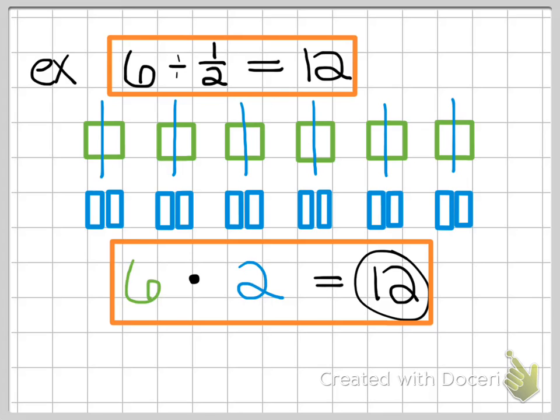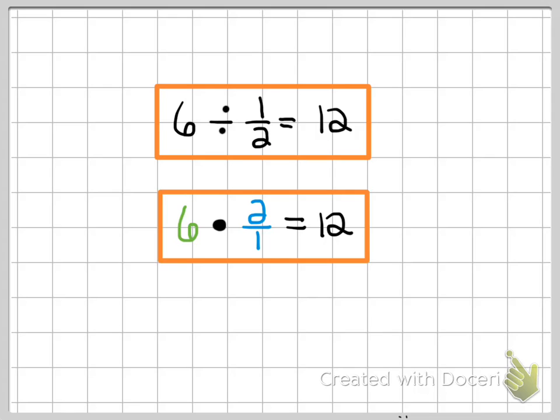Look at these 2 equations, and let's figure out how they're similar. What are some conclusions that we can draw? Well, I see the 6, I see different signs, but I see 2 numbers that look kind of similar. Oh wait, that's right, they're inverses of each other. They are the multiplicative inverses or the reciprocals. So really,